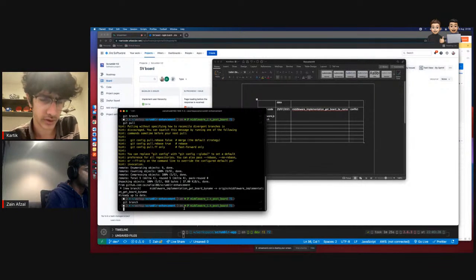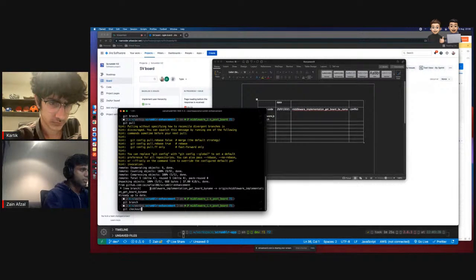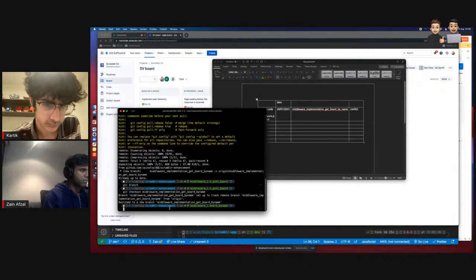Can you do a git checkout to that branch? Git checkout origin middleware. Okay, cool. Can you see the code?